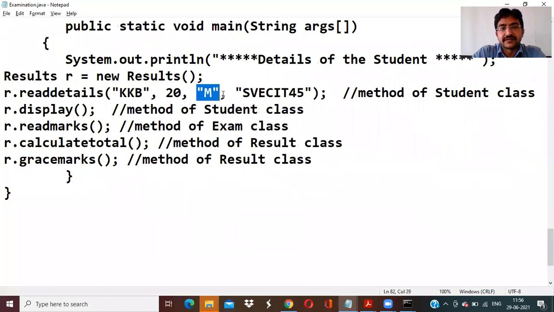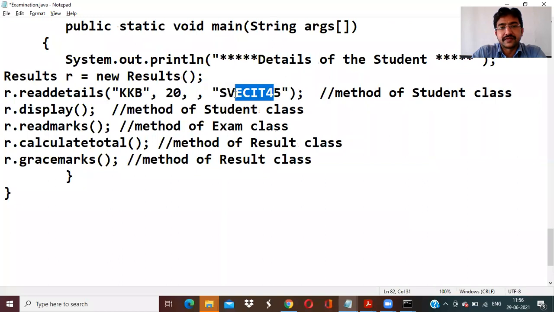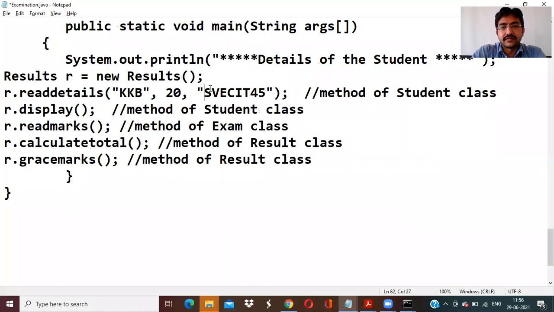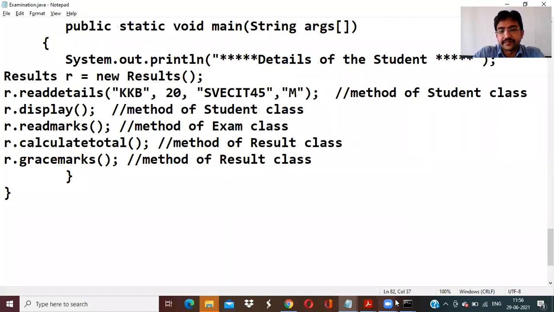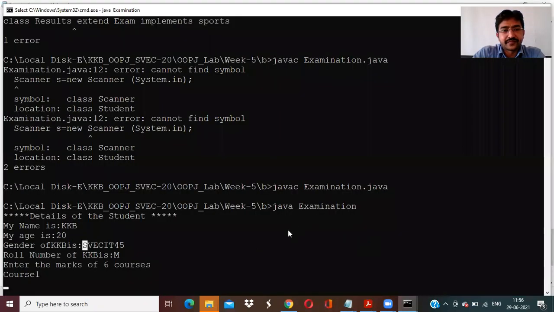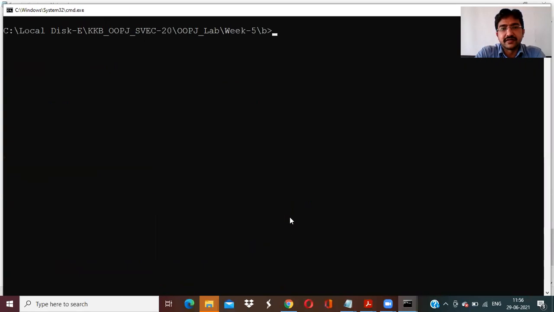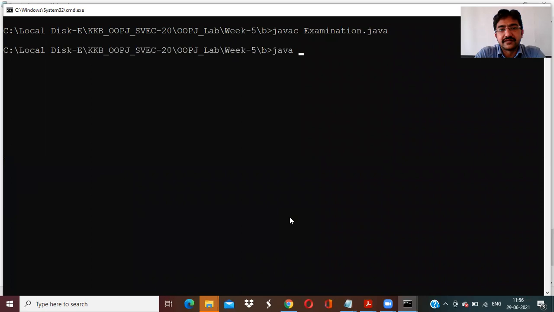So what we can do is, we'll just interchange here. Okay, now it's okay. Now enter the course one. So before that, we'll once again compile Examination.java and run the program, java Examination.